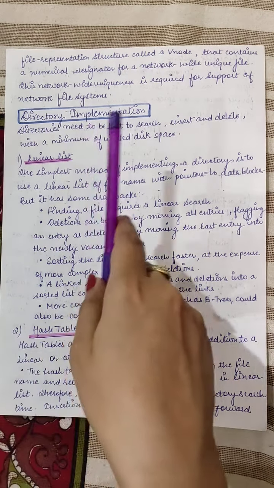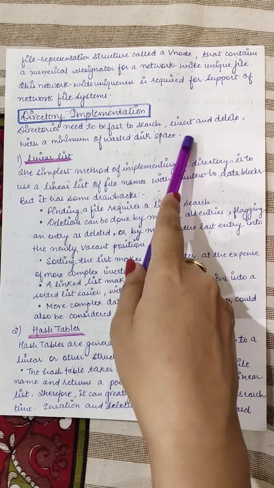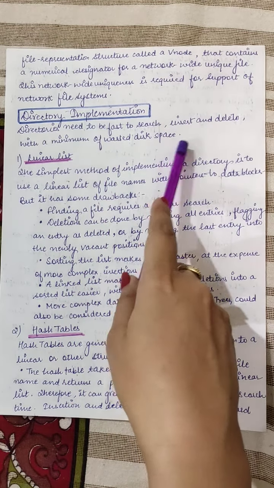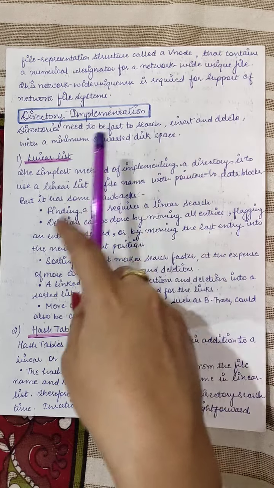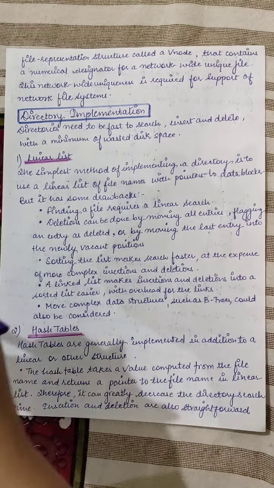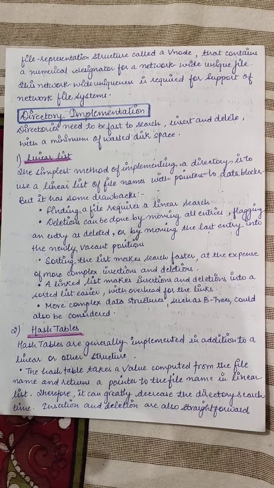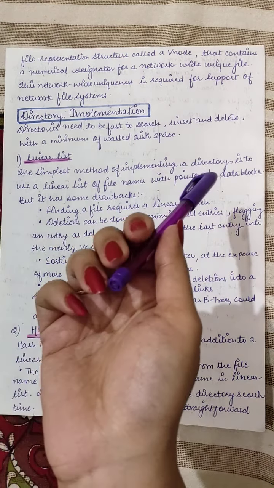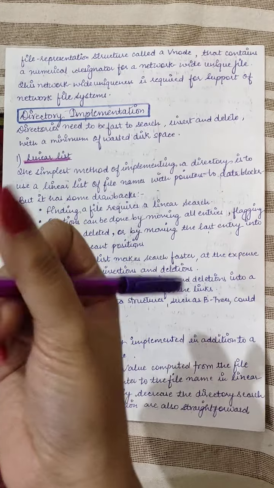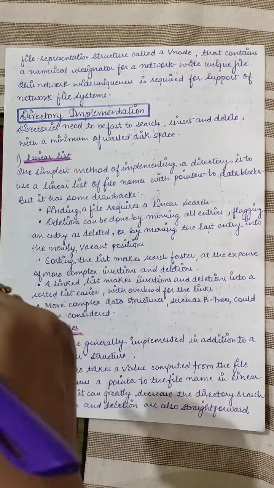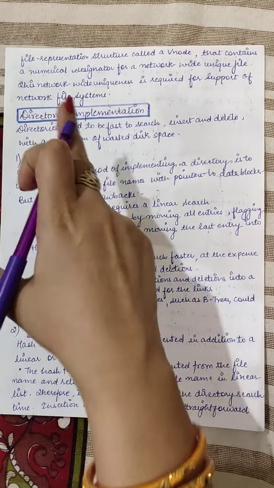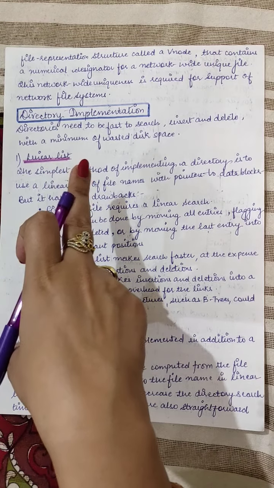The directories need to be fast to search, insert, and delete with a minimum of wasted disk space. So the directory should have a faster search mechanism. Insertion and deletion should be easier, and the wastage of disk space should not be a negative point. So we can implement the directory using two approaches, either the linear list or